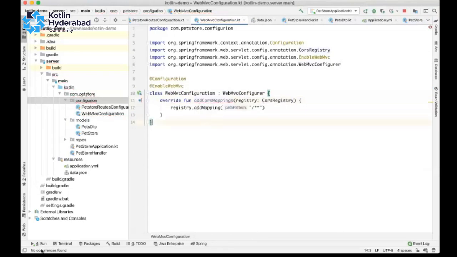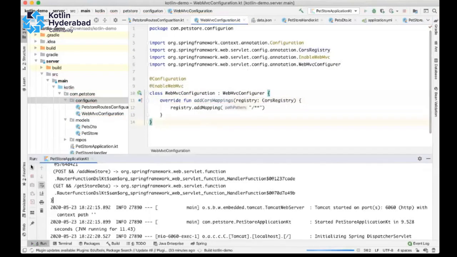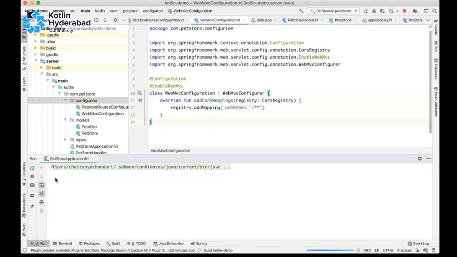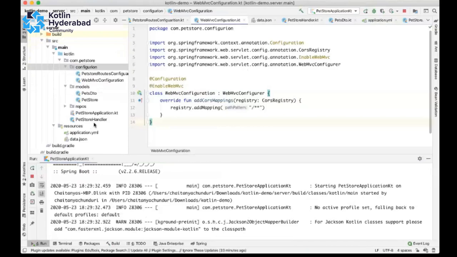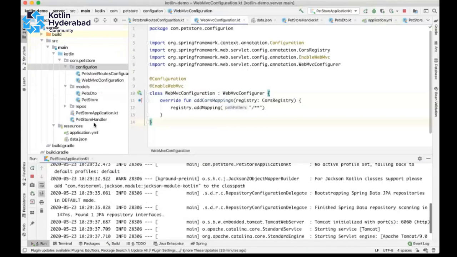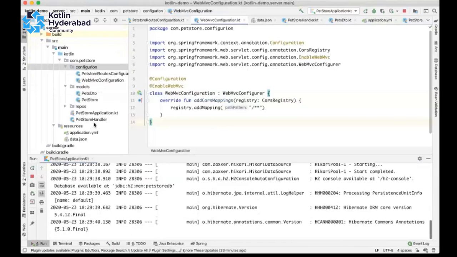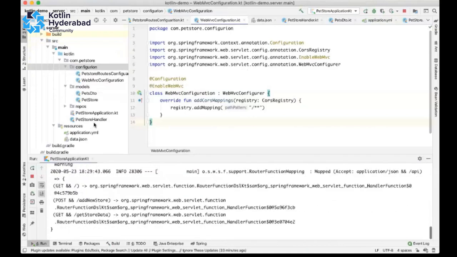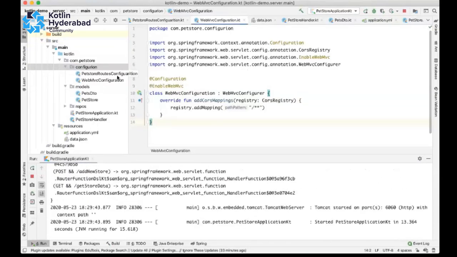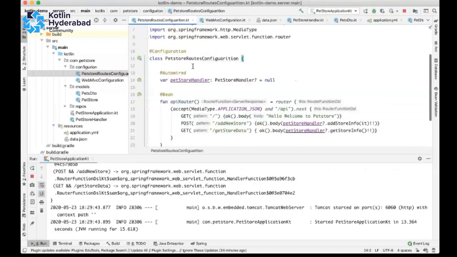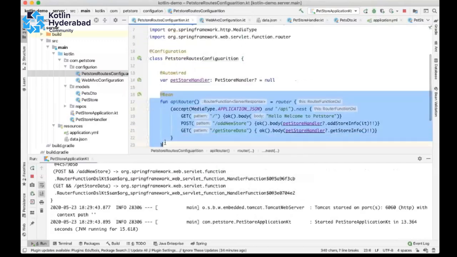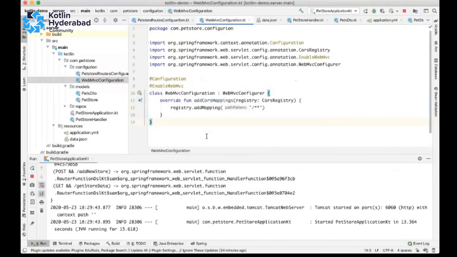Okay. Once this reloads, cross origin will be added. Basically, if you write a general regular REST controller, you can use the CrossOrigin annotation. The other way is this. As we are not using the REST controller and we are going the routes way, I chose this way to configure the CORS origin.